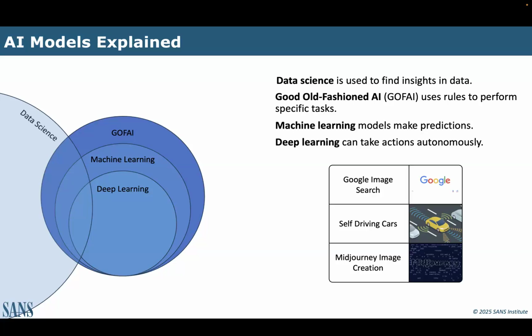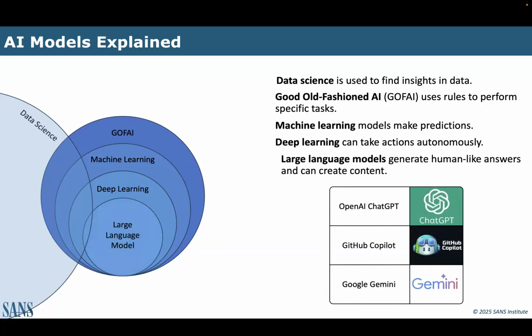So that's deep learning. The next thing we'll talk about is large language models. We're going to talk about these a lot more than just right now, but these are simply models that interact with us using human language. They're built out of the same bricks, right? But they also have the effect of democratizing artificial intelligence.